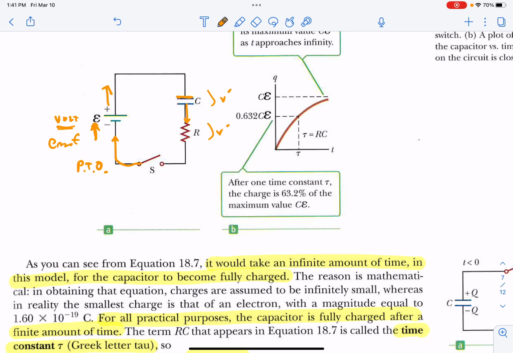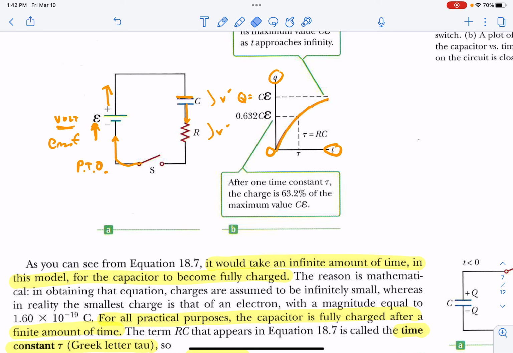Now, as the circuit is charging up, it charges up very rapidly at first, but then it charges up more and more and more slowly as the capacitor has more and more charge. This is time on the x-axis, and the amount of charge is on the y-axis. So we're going from 0, and we are approaching our total charge Q,